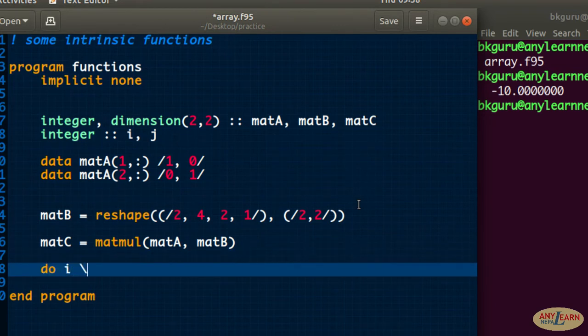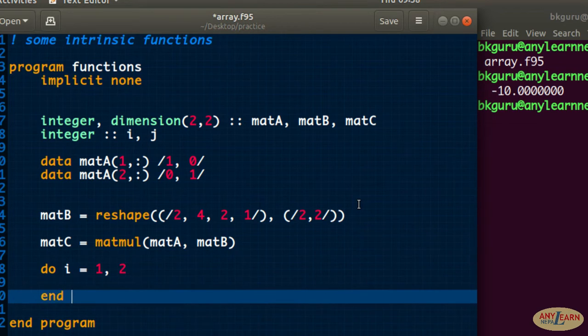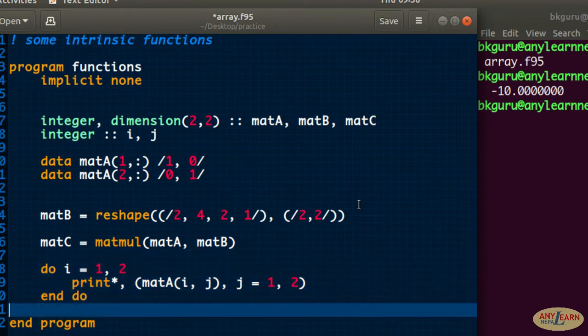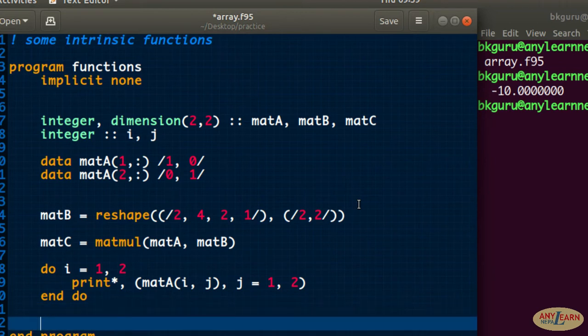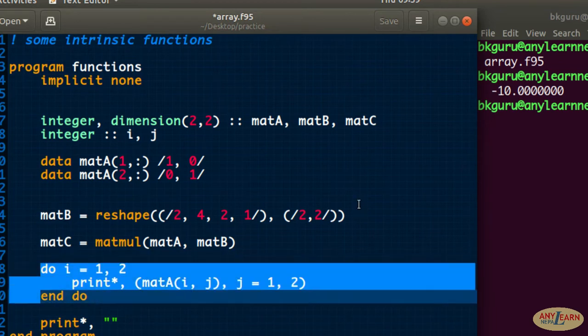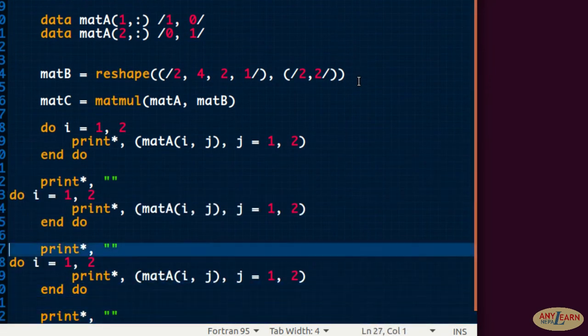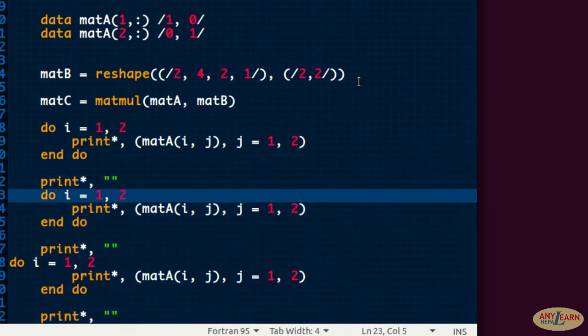I will say do i equals 1 to 2, and inside I will print mat a(i, j) for j equals 1 to 2, and I will wrap this inside brackets. Then I will say print, I want to create one blank space. Now I will copy and paste about 3 times because I want that for mat b and mat c as well.